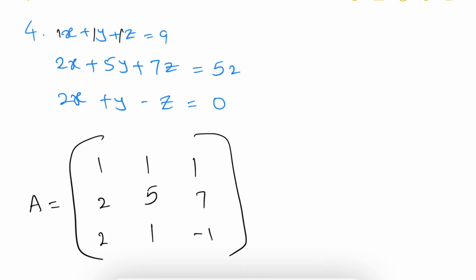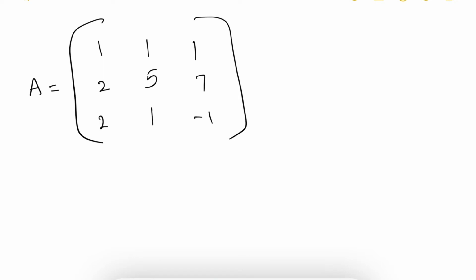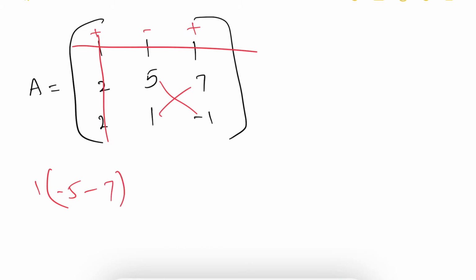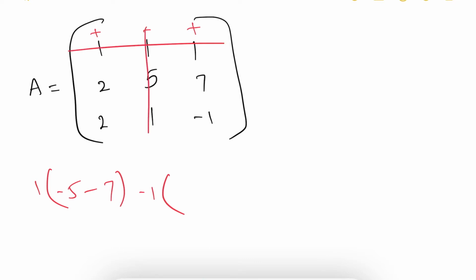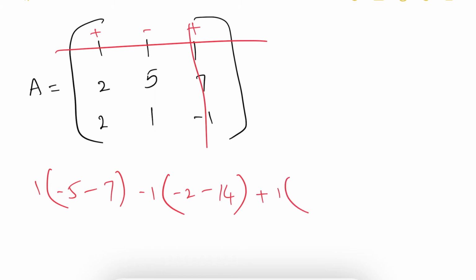Now let us find the rank of this matrix, which is a 3 by 3 matrix. To find the rank, first I am going to find the determinant. This becomes plus, this becomes minus, and this becomes plus. So plus 1 into, if we remove this row and column, 5 into minus 1 minus 5, minus 1 into 7, 7. Next comes the first row second element, that is minus 1 into, deleting first row second column, 2 into minus 1 minus 2, minus 2 7s are 14. In the same way, first row third element, plus 1 into 2 into 1 is 2, minus 2 5s are 10.